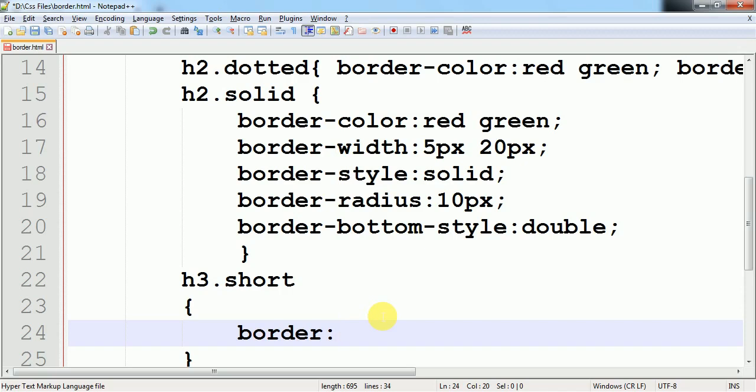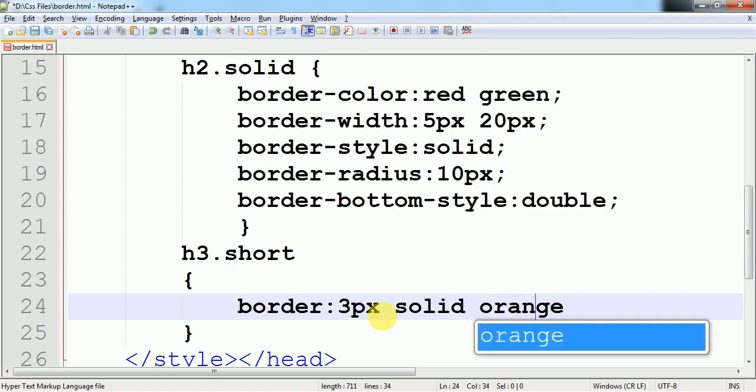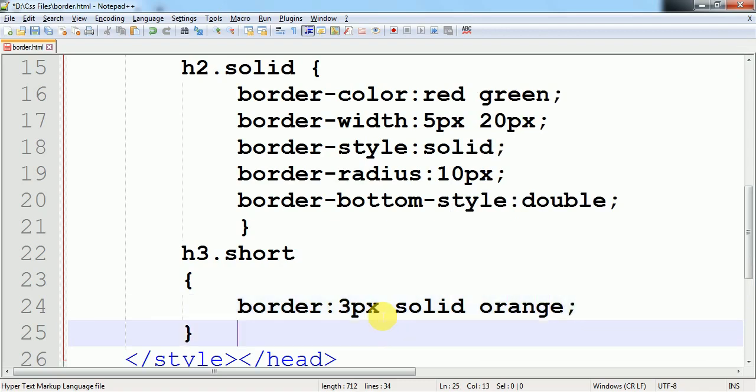Without style it can't work, it is mandatory, and then we give the color. So first I give the width, I give 3 pixels, then I give the style, solid I give, solid style, then I give the border color, orange, orange color I give to this one.